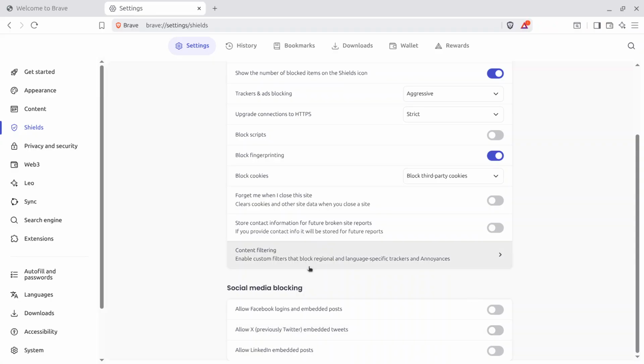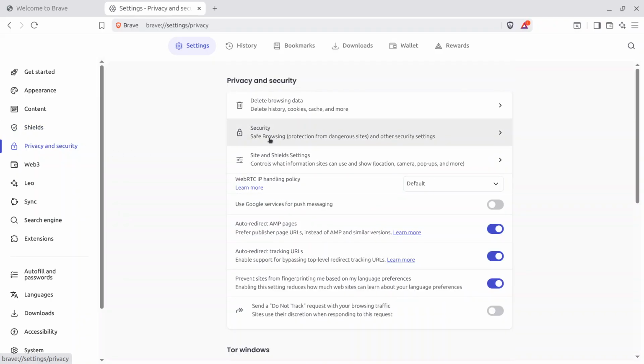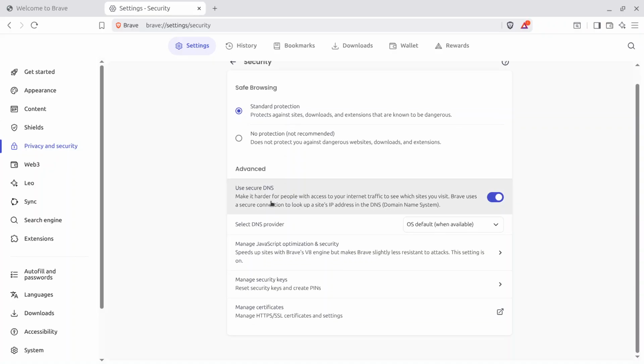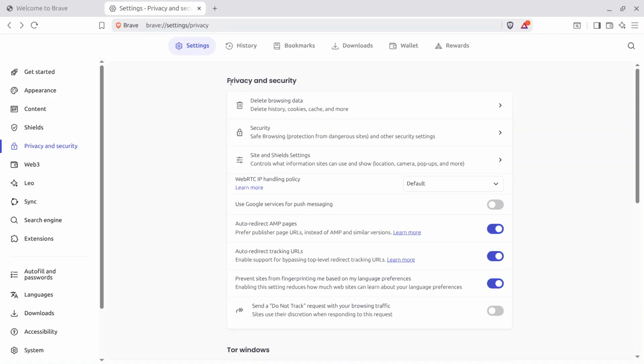And then we'll scroll down to social media blocking and disallow Facebook logins and disallow Twitter embedded tweets. So once we do that, we'll navigate over to privacy and security, and we'll click on security. We want to verify that we have standard protection here, and we want to verify that use secure DNS is also enabled. Then we're going to go back, click on site and shield settings,